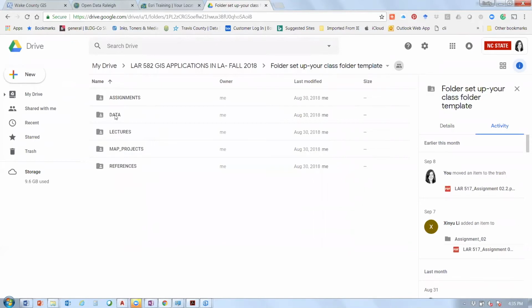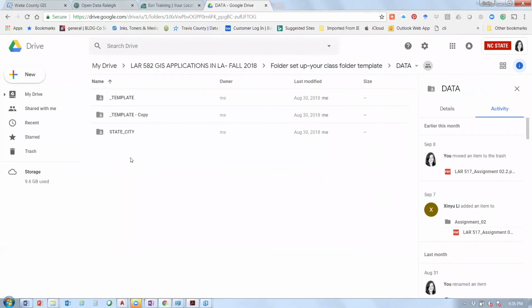In the data folder, this is where any data that you download online or you create, I'm hoping that you store your data in this folder. You'll see that in all of these folders that GIS is going to directly connect to, instead of using spaces, we have underscores. GIS does not like spaces in file names, so get into the habit of either using no spaces or using an underscore or a hyphen. So within the data folder,